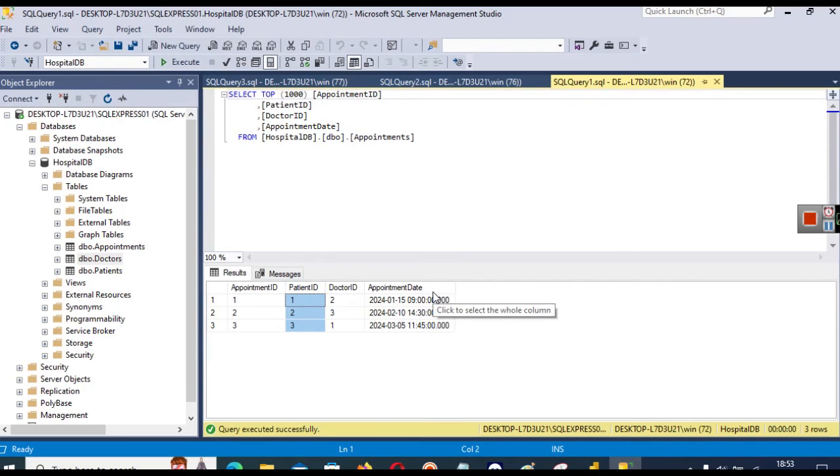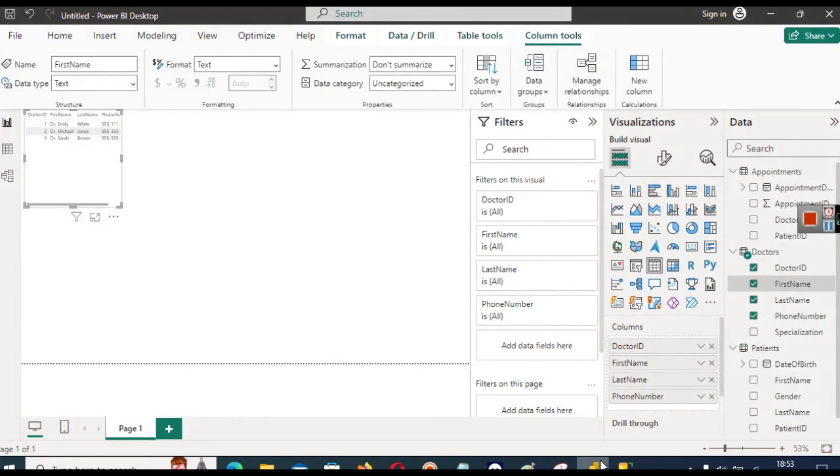But suppose we want to show those names here. We want to show John here. We want to show Dr. Michael here. So let's do it. Obviously, we can write an SQL query to join these tables, but we can also do it with Power BI. So what we are going to do is,